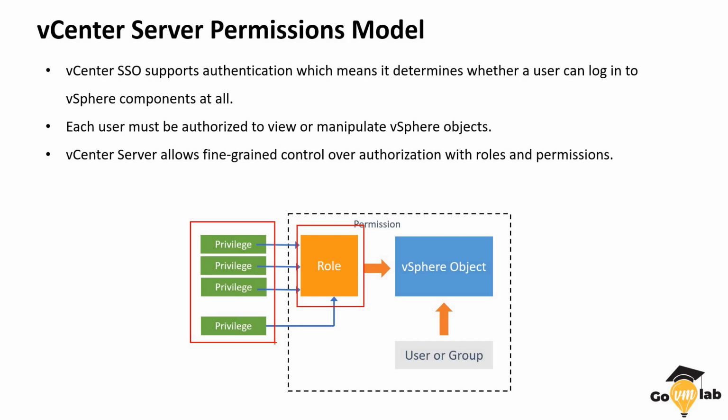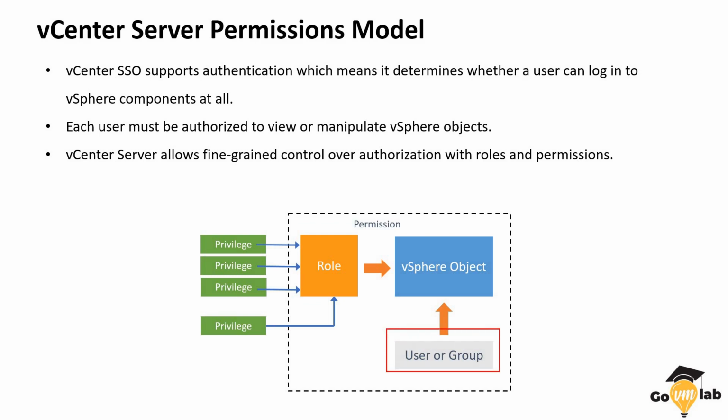We also provided custom privileges like snapshot management, where that user can create snapshots. Now, in this lecture, we are going to create a user or a group, and then bind this user or group to the role we have created. Then we will see how these permissions can be enforced on the vSphere objects, and how this entire role-based access control (RBAC) model helps us protect our vSphere environment in a much more secure way. So let's create a vSphere user, and let's bind our custom role to this user.